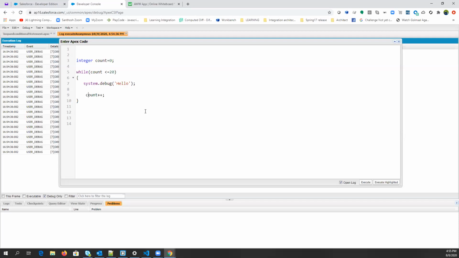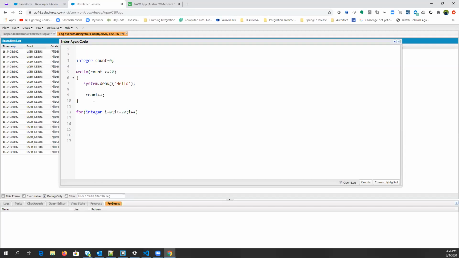So if you want to use a for loop for the same, what you can do here is you can simply write it in this way. The for is the keyword. You can simply start it from integer i, right? And here I'm just declaring the integer variable starting from 0, semicolon, till when it should go, right? It should go i less than equals to 20, right? And i plus plus. So basically we are just increasing it the same.